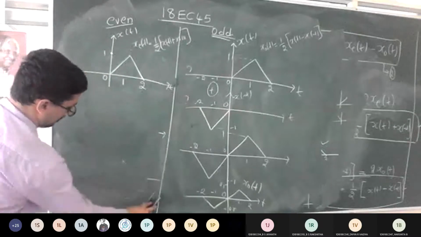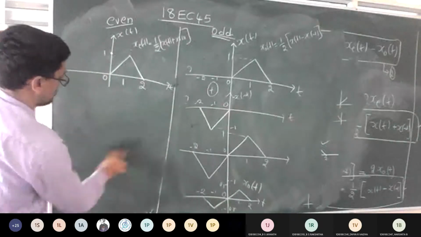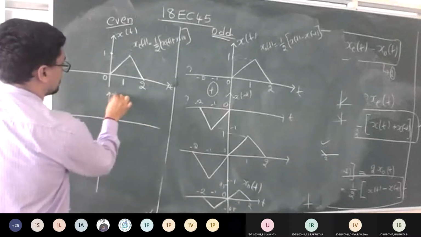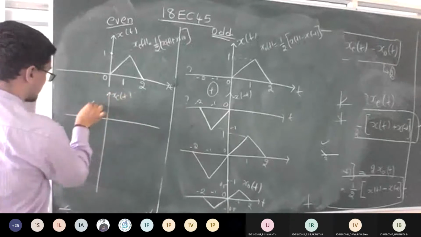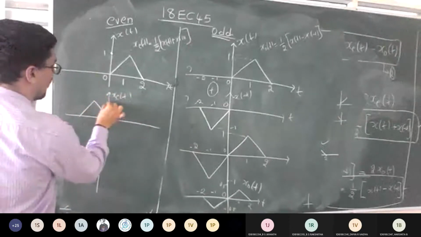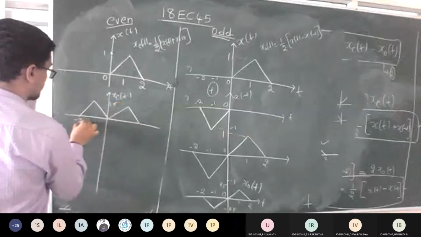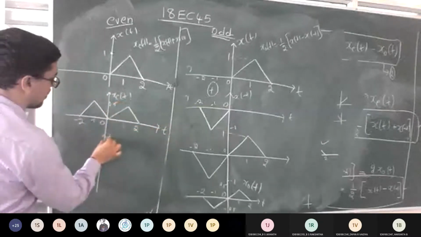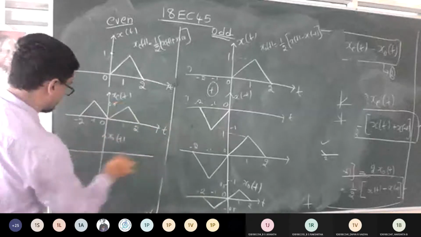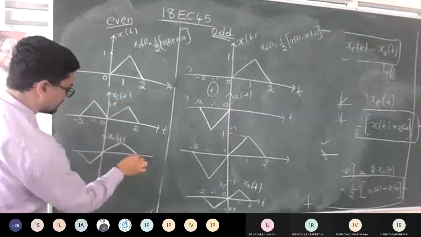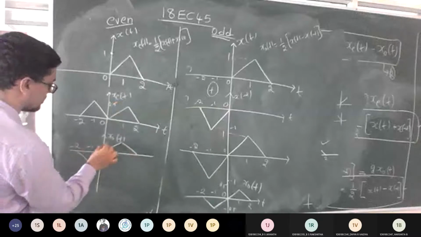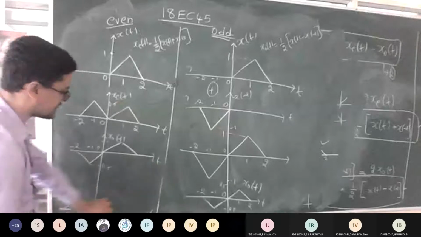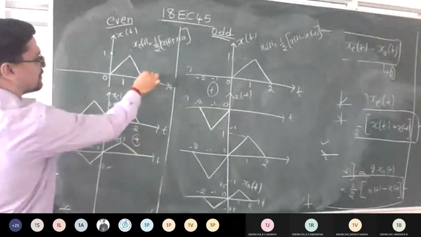So now let me show you the odd and even function. If we add, how will you get the original signal? Let me take this for your verification. Let me take the even function. The even function was like this, with amplitude 0.5, at -2, -1, 0, 1 and 2 with respect to time t. Similarly, let me take the odd function xo of t. The diagram was like this, at -2, -1, 0. Here it is -0.5, here it is +0.5. So now the logic is, if we add these two, I should get back my original signal.